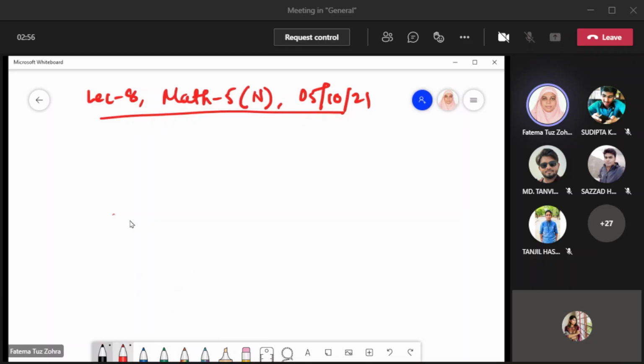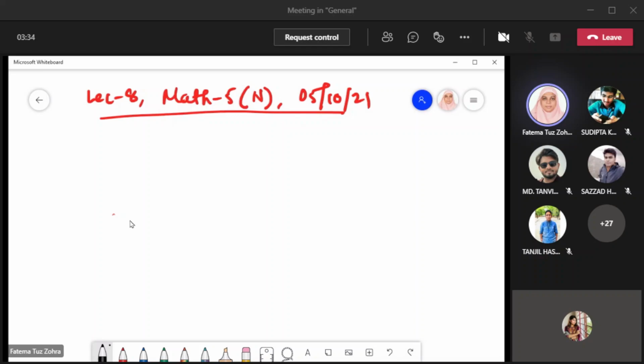So last class we have done the Newton-Raphson method for a nonlinear system of equations with the help of the Jacobian matrix. And I have uploaded the programming also. Did you have a look? Yes, ma'am. So when I was defining the function, there was an extra equal sign I had given by mistake. That's why the program gives us an error. So when I omit that equal sign, it's okay.